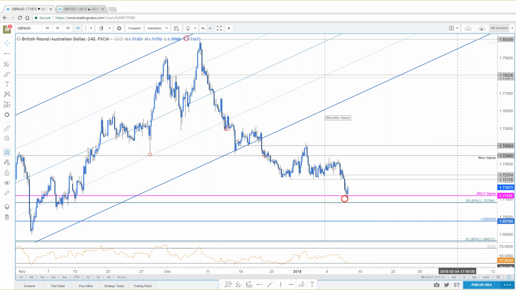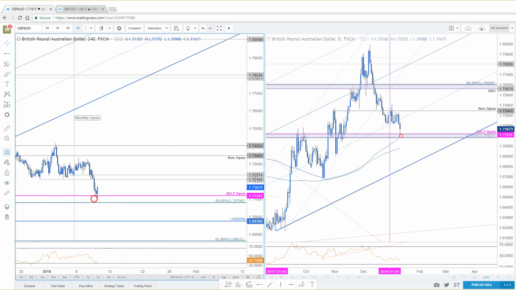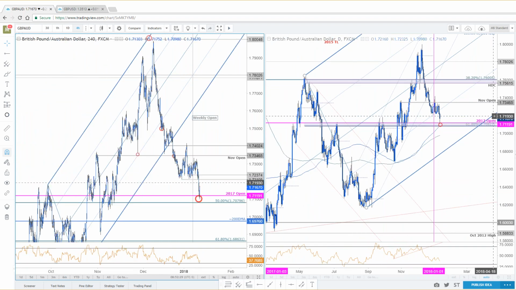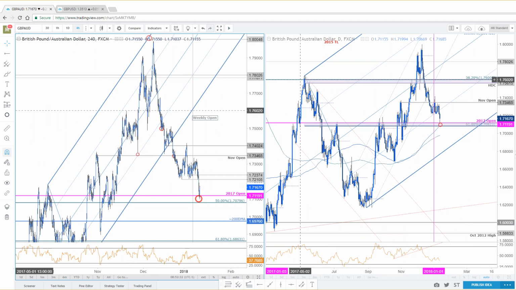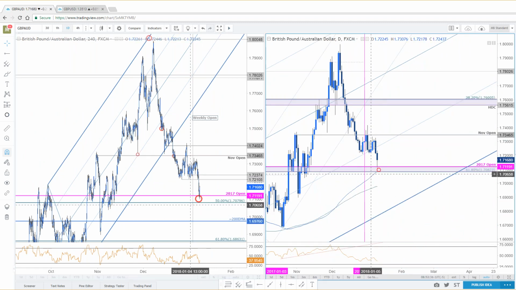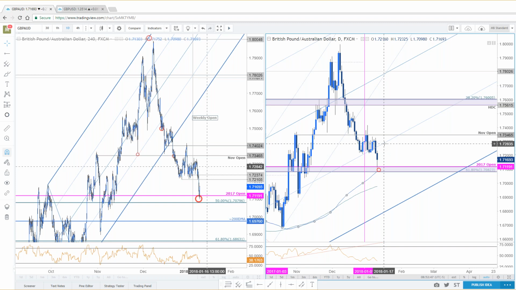I really can't stress this range enough, guys. Besides it being the 2017 open, besides it being the near-term 50% retracement, it's also the longer-term 618 of this range and the 100-day moving average. Okay, so a lot is nestled in that region. Worth a bounce? Sure. Change the direction? Not necessarily. Even if you get back up into the 50 line, again, like I said, monthly open resistance, you'd look to fade that move.